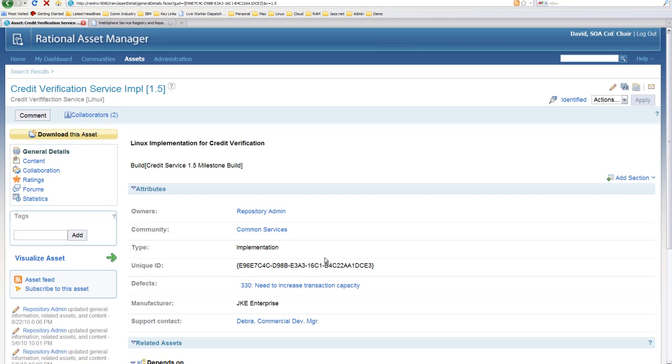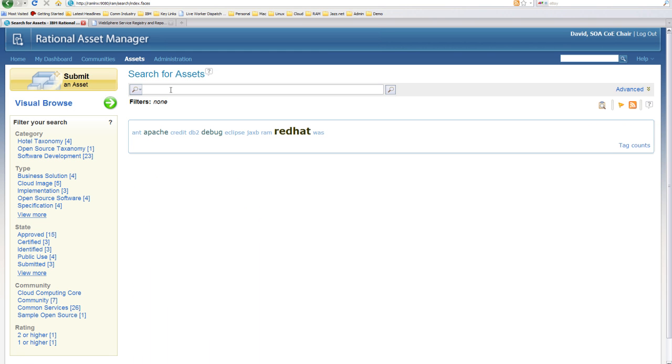The final step in this particular implementation is to link this to a configuration item in CCMDB so that the operations team can deploy this particular EAR into the correct staging or production environment. So we go back into our asset search here and we take a look at the